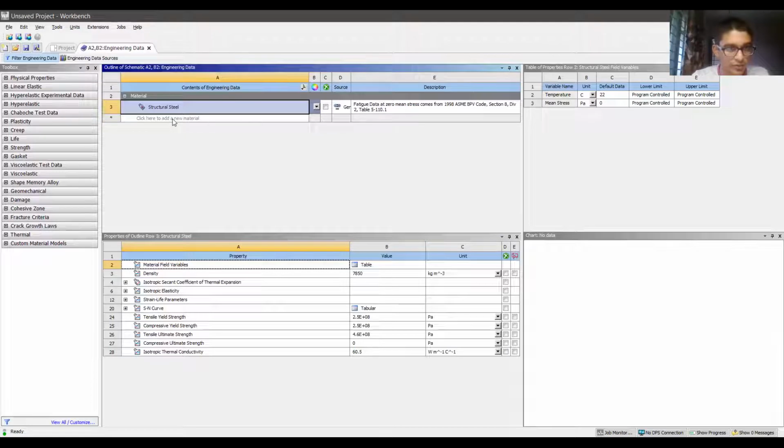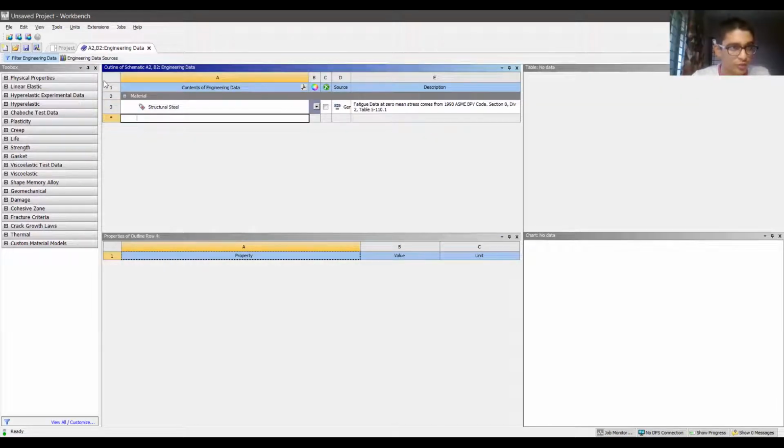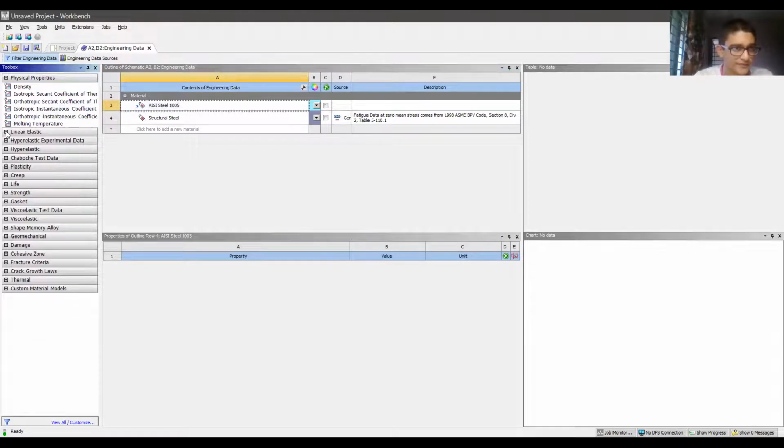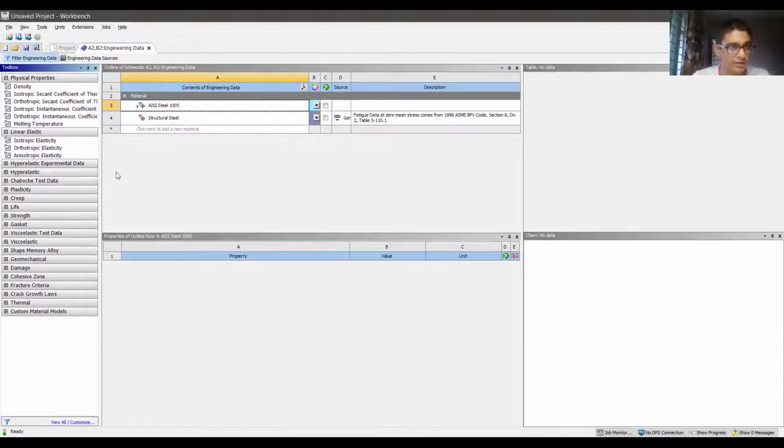Over here, you can add your own data. This toolbox available for the different properties will be specific to what kind of analysis, static structural, fluid flow, etc., you have chosen. Here, the properties related to solids will be listed. You can add in your name, AISI steel 1005, and then you can put different physical properties from there. So we have all those options. We can input graphs and equations, etc. We can close it right now.